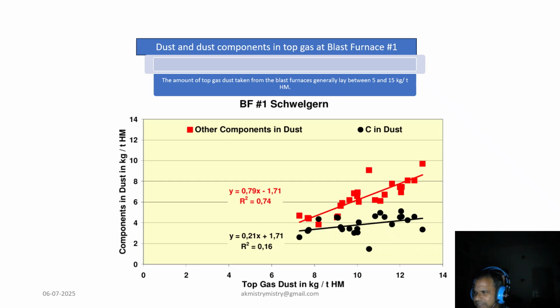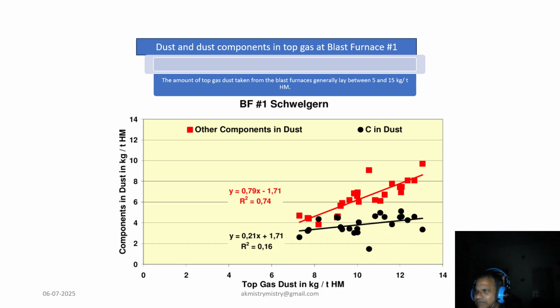Now coming to the most important aspect, which focuses on the dust and dust components in the top gas at a large furnace. As a quick note, the amount of top gas dust taken from the blast furnace generally lies between 5 to 15 kg per ton hot metal, and as we introspect the most important graph and its various components,